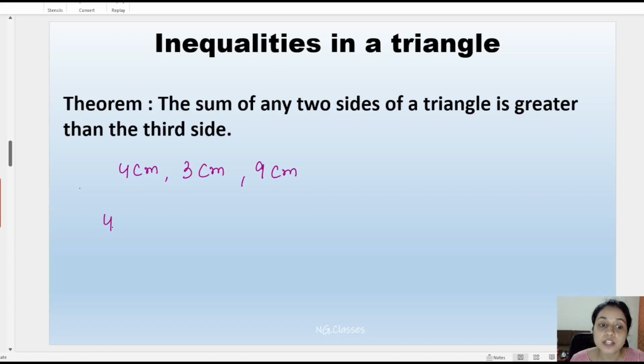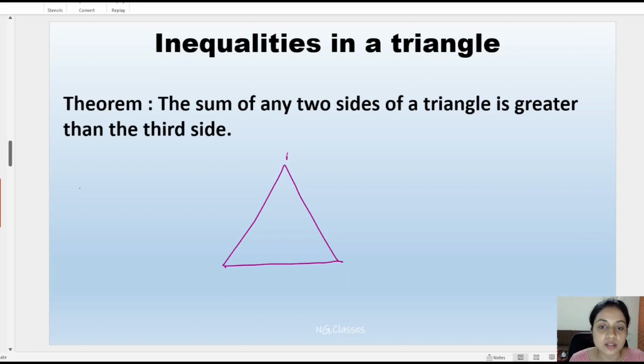Because the sum of the first and second sides, which is 7, is not larger than the third side. This is not true, and hence it is not possible to construct a triangle with the given measurements. So the 3 conditions which must be followed, then and only then it is possible to construct the triangle, are: